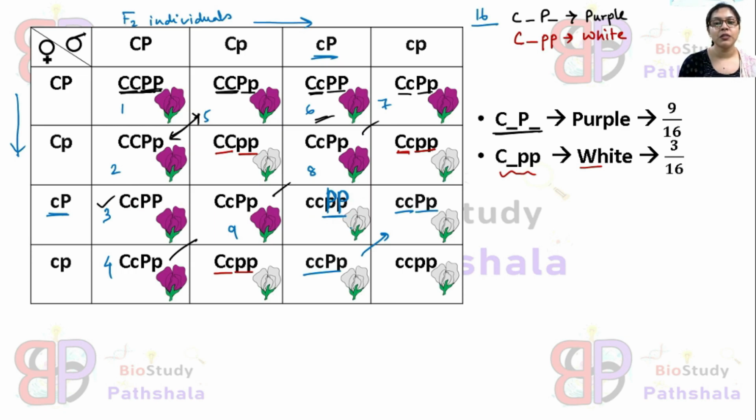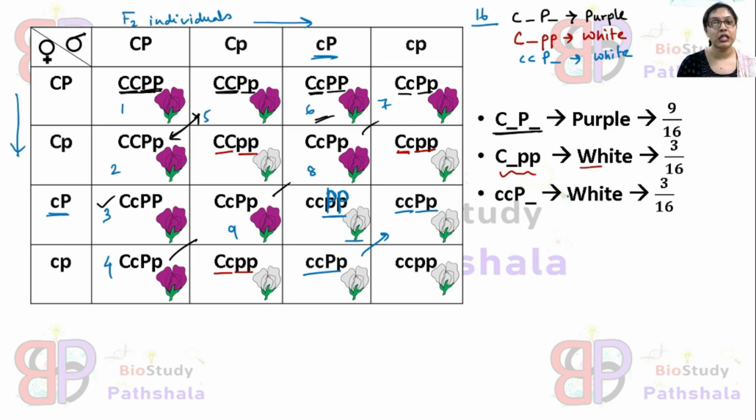So this genotype is again showing white coloration. From this we can write that small c small c with one dominant allele of the P gene leads to the formation of white coloration. So small c small c capital P dash leads to white coloration,